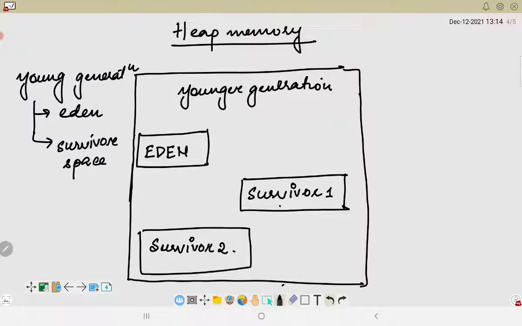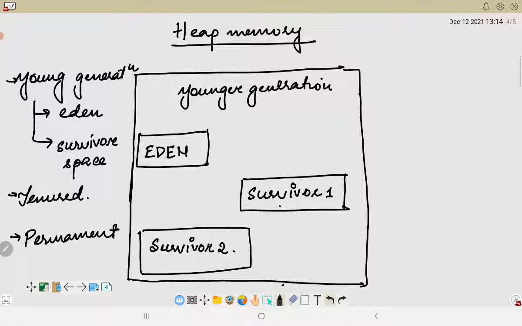Then we have tenured or old generation, and then we have a permanent generation. Each of them we will be discussing, but first let us understand how things work inside the heap structure.